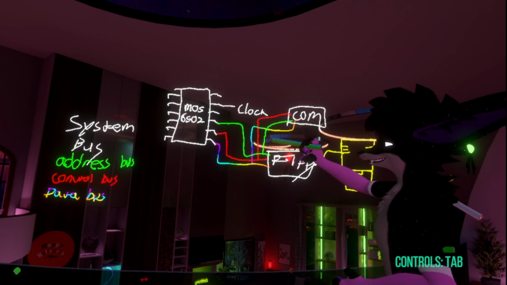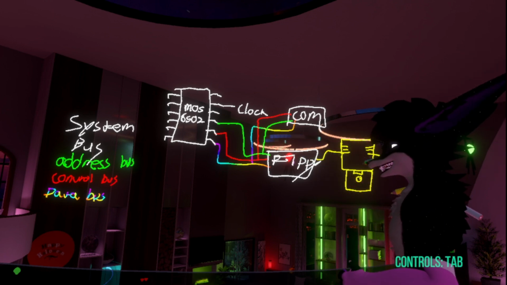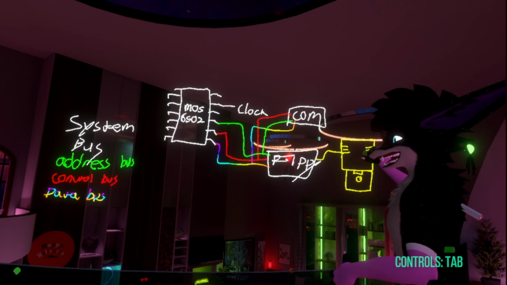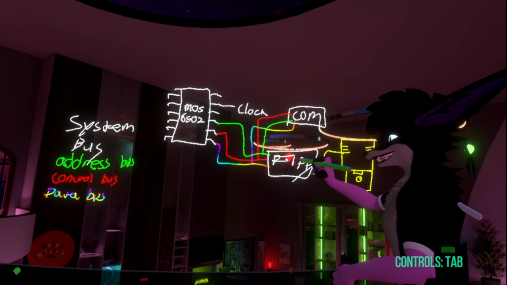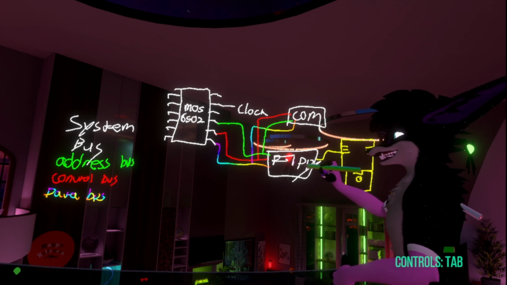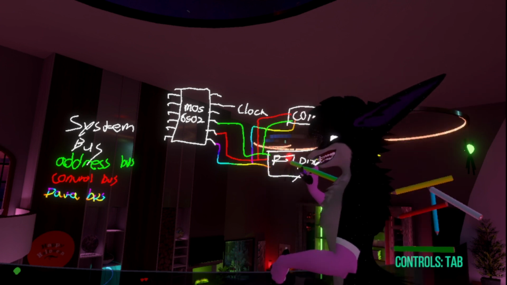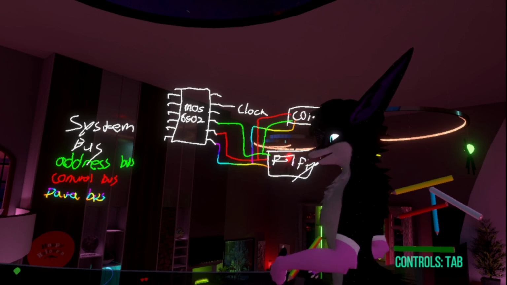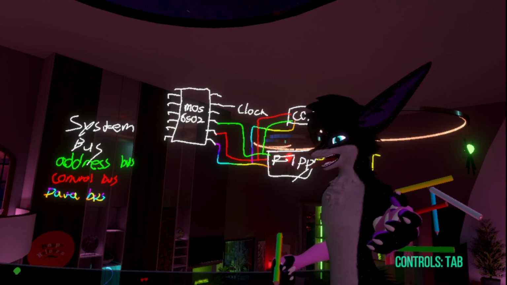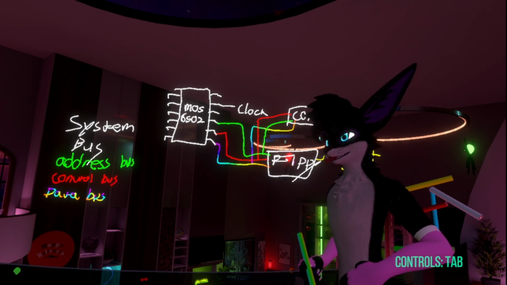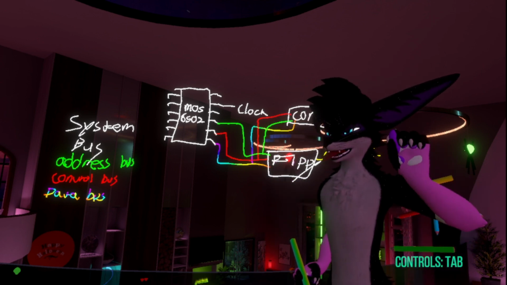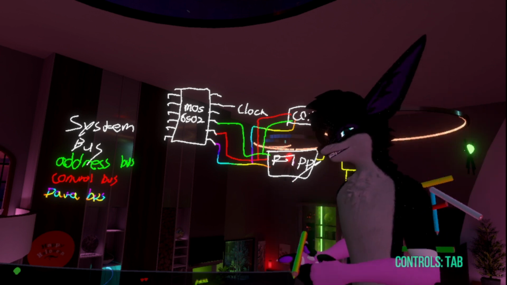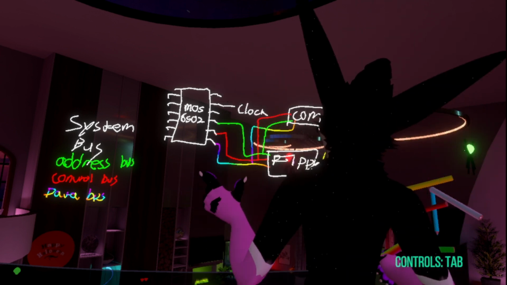So it tells it, okay, give me this file. Okay, alright, I'll do that for you. And then it grabs the data from here, it takes it to the floppy controller, and this thing decodes it, and it will send it back to the CPU. Now, where does the CPU store this data? Well, some processors have built-in cache, which means like simple math memory, I think. I'm not sure, don't quote me on that.